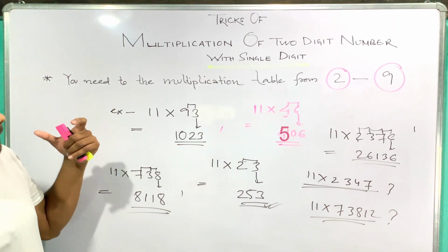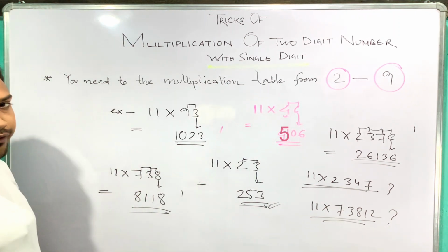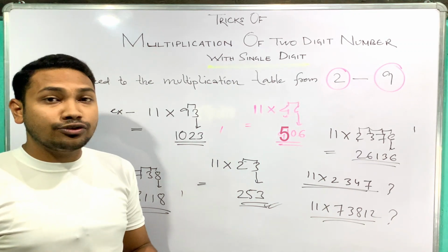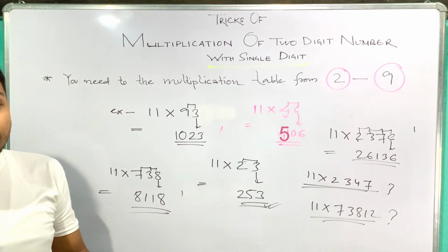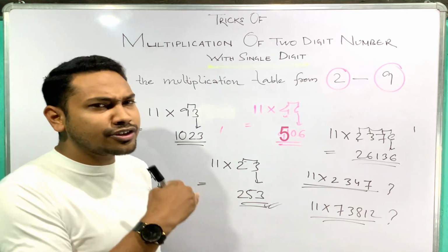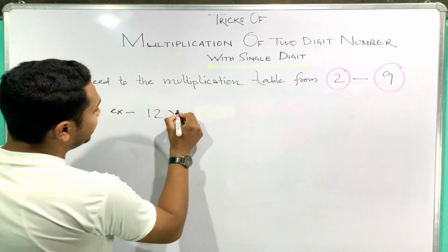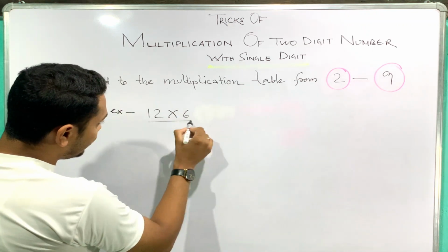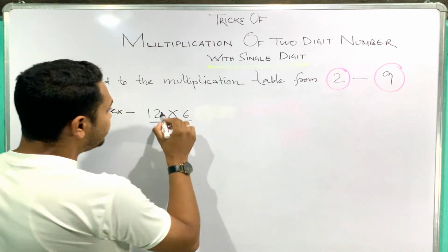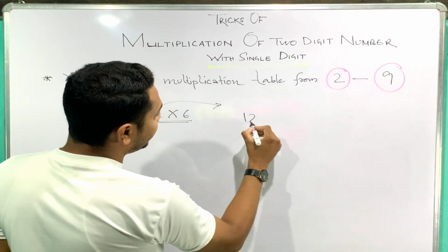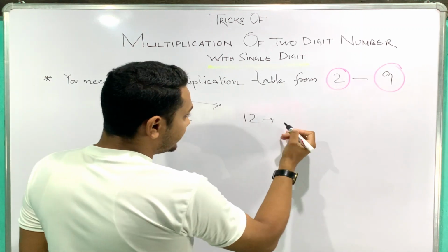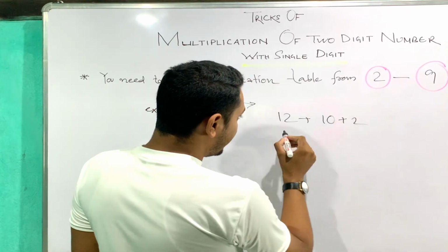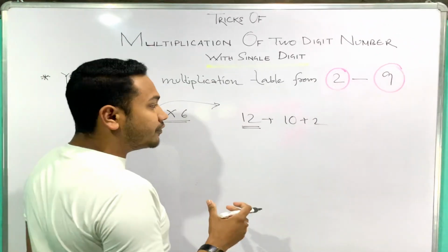Next, moving to the multiplication table of 12. If someone asks you to say that 12 into 7, 12 into 8, 12 into 9 is how much, then you can give it in the fastest form of answer. Just have a look. 12 into 6. If someone asks you 12 into 6 is how much, before solving this, first of all I need to make you understand that 12, if I expand this 12, then what it will form here, 10 plus 2, isn't it? So these things you need to understand.